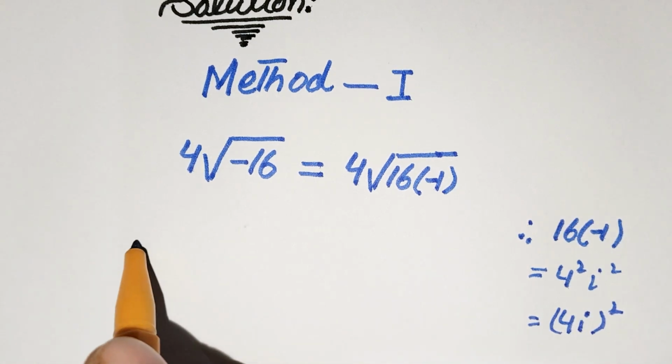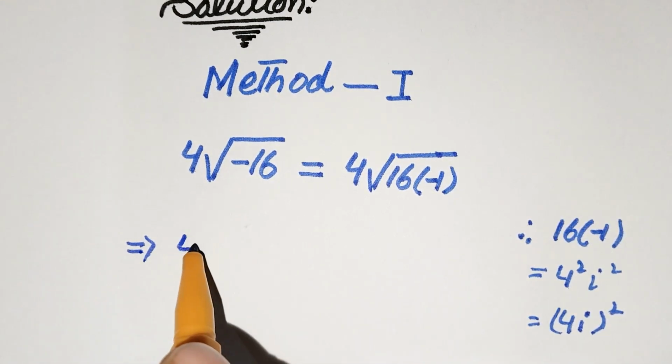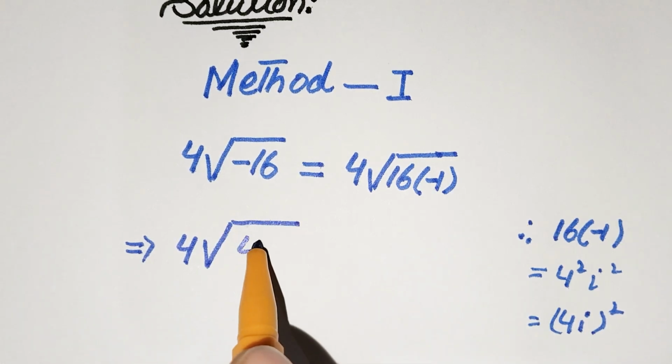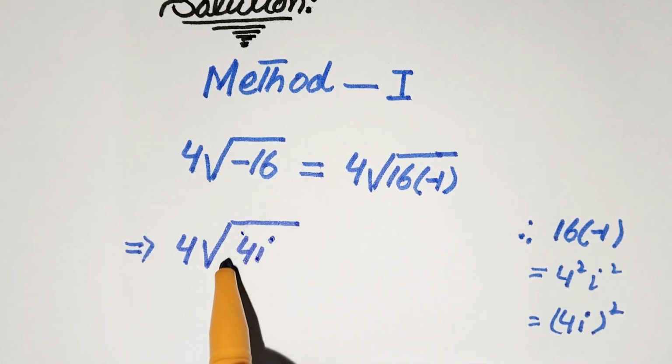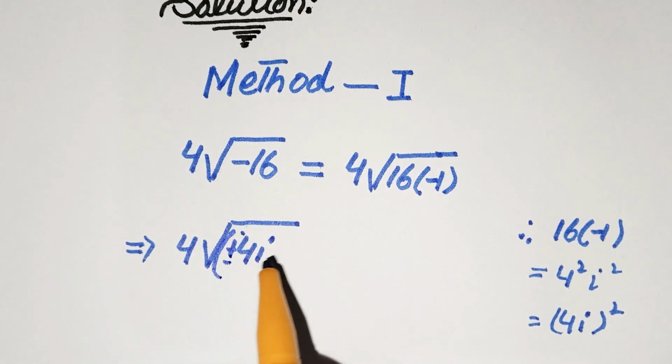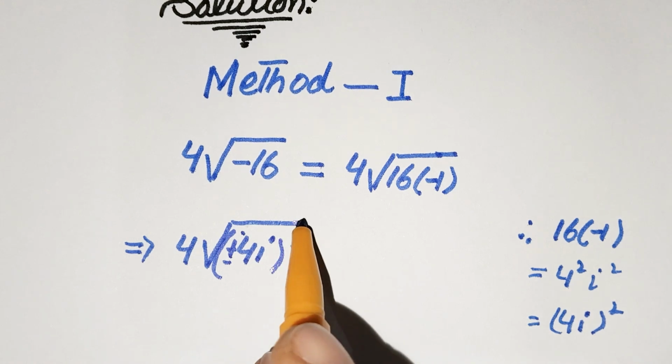Putting this in, the fourth root of 16 is actually 4i, and we also write plus minus, so plus minus (4i) whole squared, then